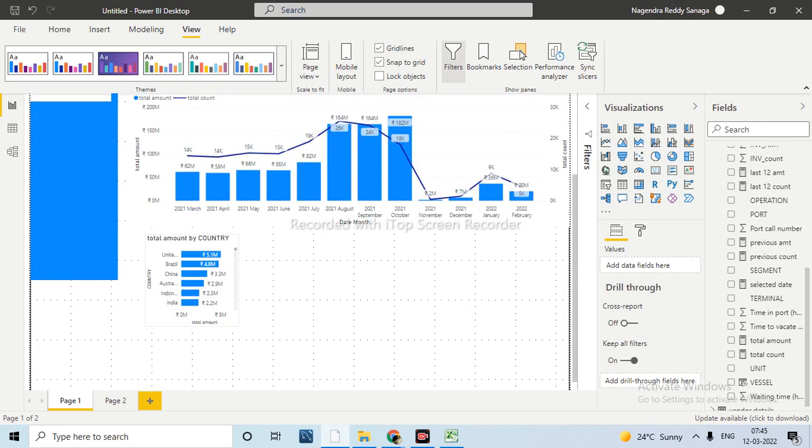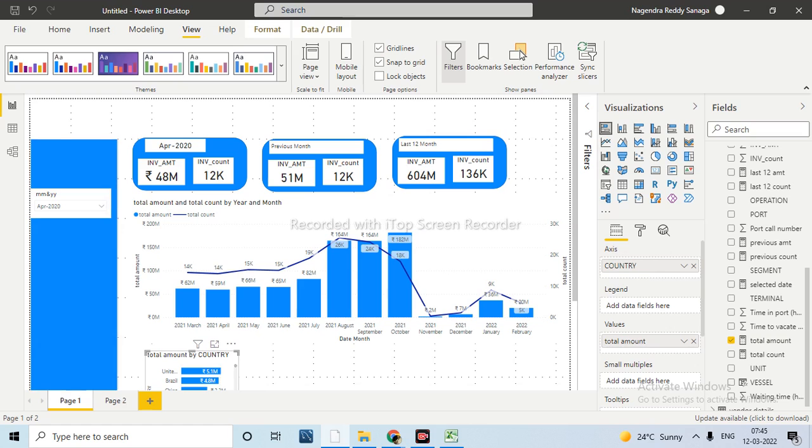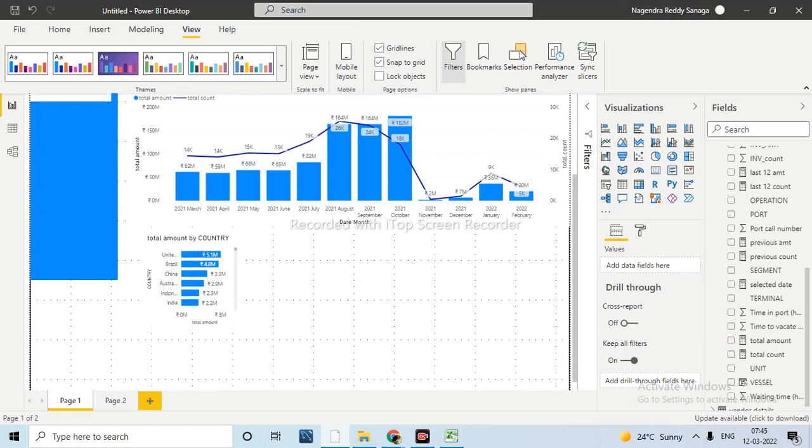Then they need to see that information properly by seeing the total amount we are showing, so that they will not be clear. Instead of that, we can use a dynamic title here. Whatever they have selected, the selected month will come here. I am creating one dynamic title, which is also just a measure only. Later I will tell you how to do this.